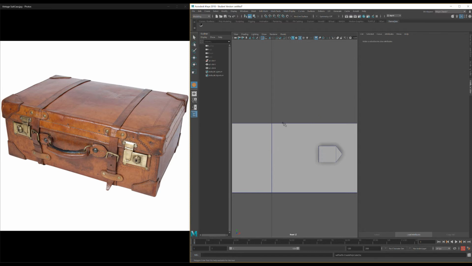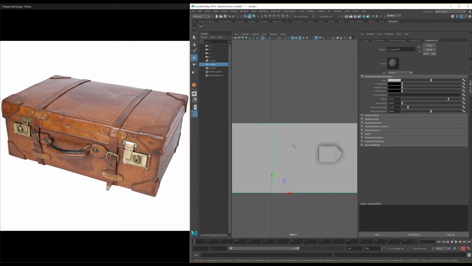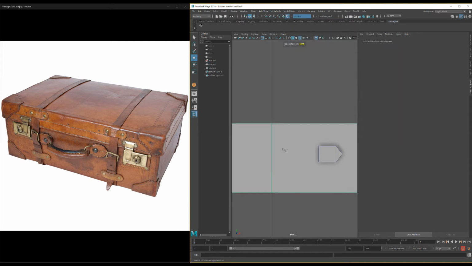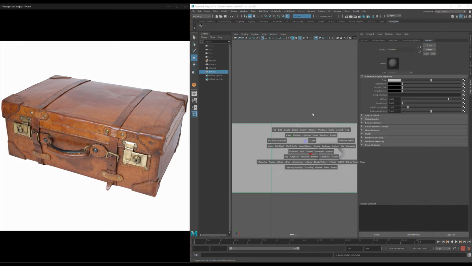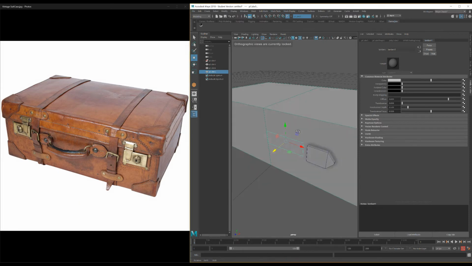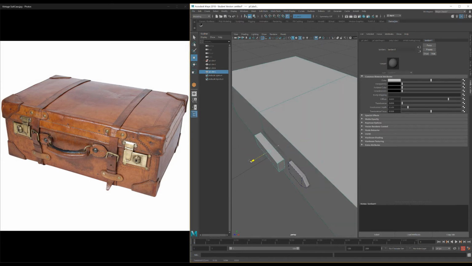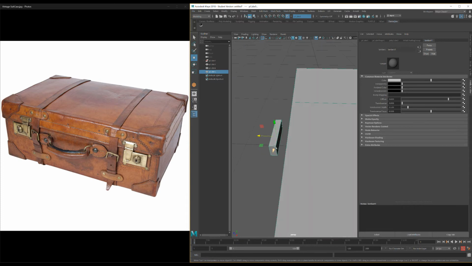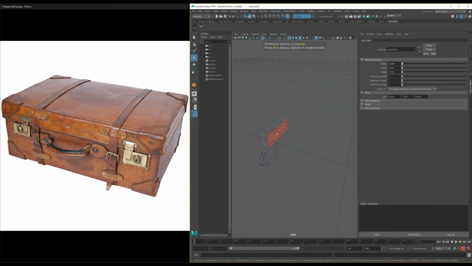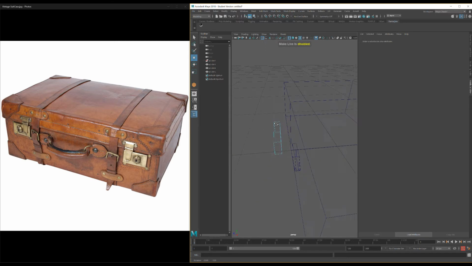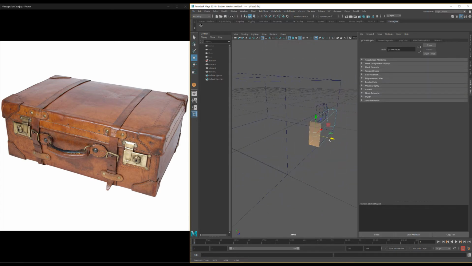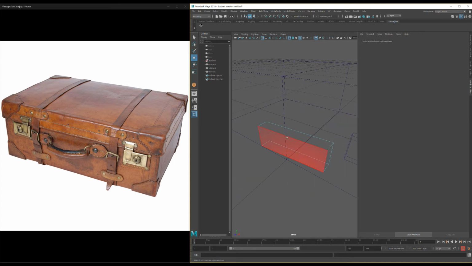So, oops, one last thing. Let's select this guy here, and I'm going to go ahead and turn on make selected objects live again, and just draw out that handle across that surface. Let's go to our perspective view. Kind of pull that out a little bit. I'm going to go to my face mode, delete that inside face, remove make live, because anything we extrude. So what I can start to do, I'm going to delete this face too, is add a couple edge loops